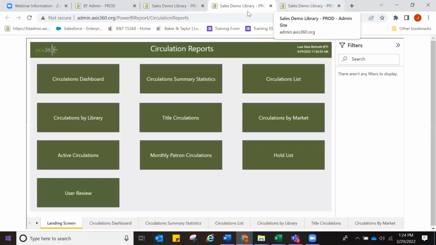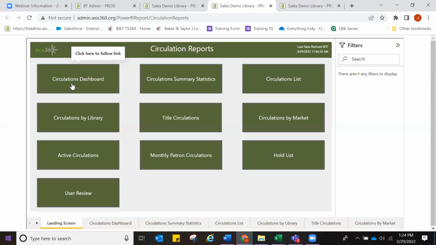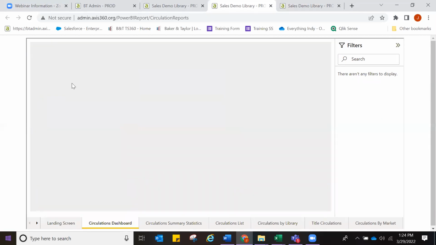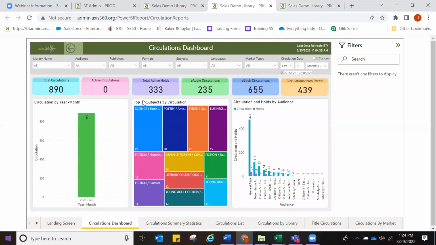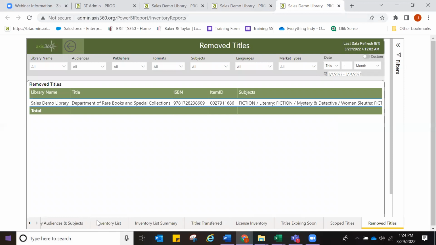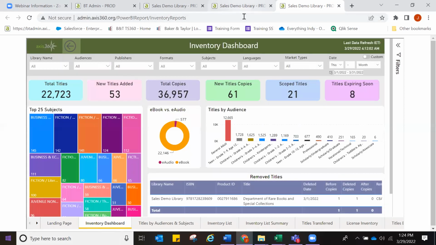And the idea is you can compare dashboards. So I'm going to open my circ dashboard. So this one has top 10 subjects by circulation. And again, the idea is you can see what's in inventory on your dashboard versus what is circulating on your dashboard. And for those of you that